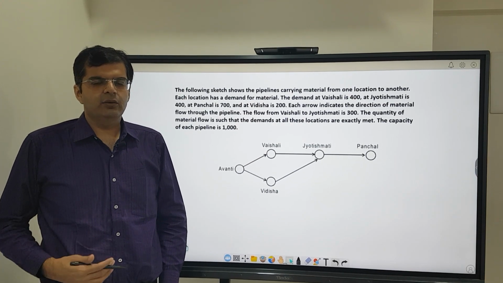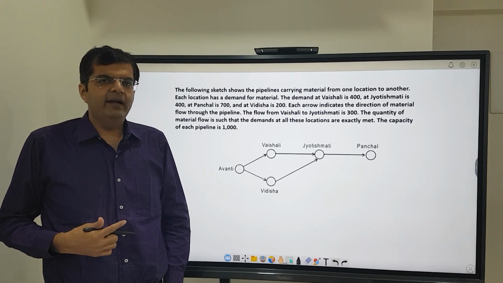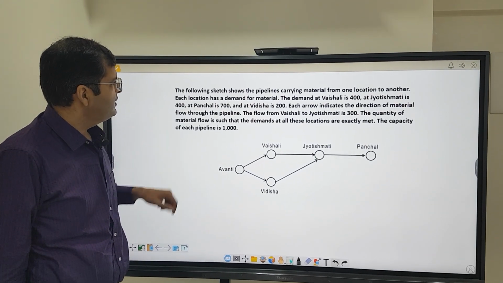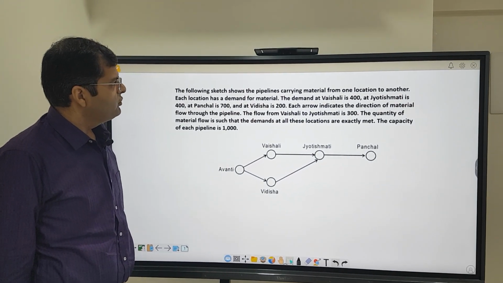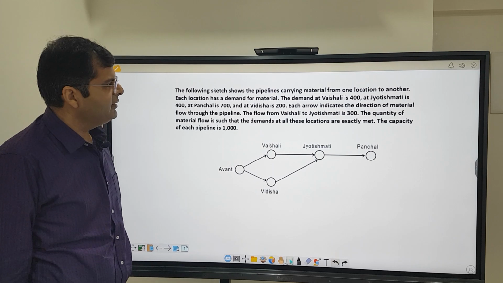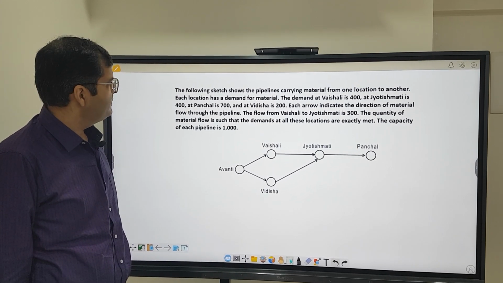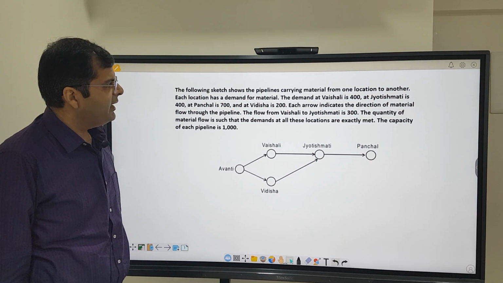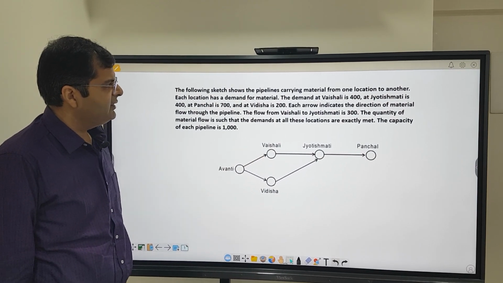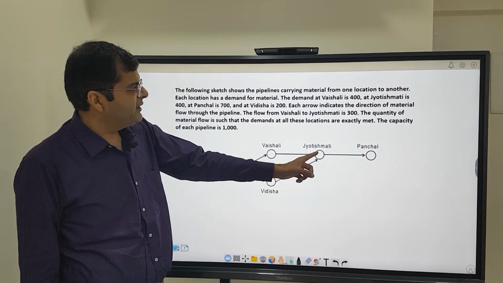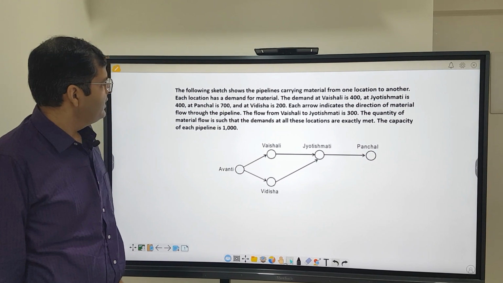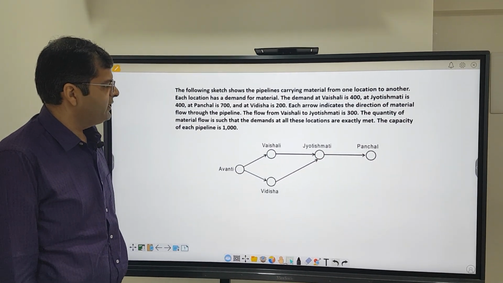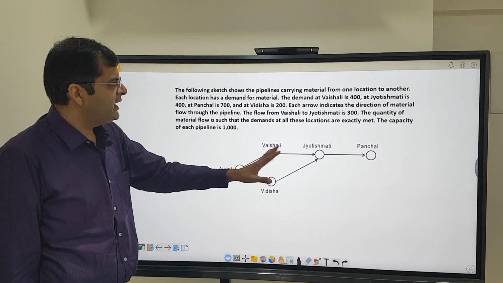So this is the question from the CAT exam held in the year 2001. The question says, the following sketch shows the pipelines carrying material from one location to another. Each location has a demand for material. The demand at Vaishali is 400, at Jyotishmati is 400, at Panchal is 700, and at Vidisha is 200. Each arrow indicates the direction of the material